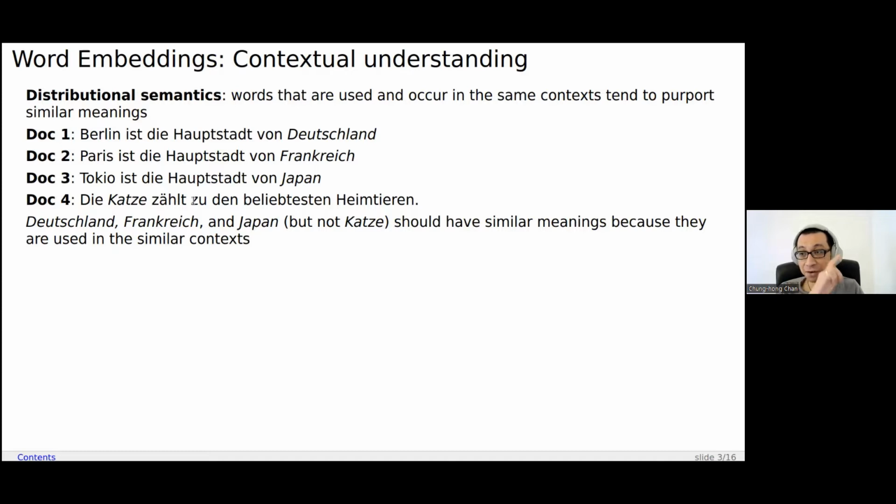So in the first 3 documents, the words Berlin, Paris, and Tokyo, and also Germany, France, and Japan are used in a very similar context, because the language construction when they use those words is very similar. So we could infer that the meanings of Germany, France, and Japan are similar. They have similar meaning. But the word cat is different, because the word cat, we usually do not use